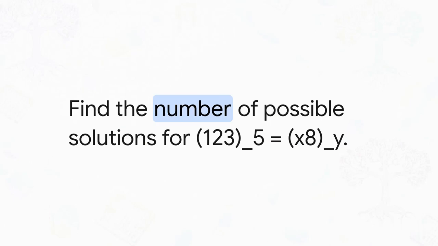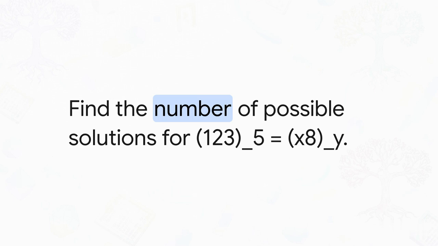And boom, the threat materializes right before our eyes. The question asks us to find the number of possible solutions for the equation 123 base 5 equals x8 base y. It's totally understandable if you're feeling a little anxious staring at this setup. I mean, we've got two unknowns here, x and y, and they're completely wrapped up inside different base systems. It literally feels like the equation is shielded by heavy armor. How do we even begin to strike at something like this? Well, every boss has a weakness, and the very first step to defeating this one is to strip away its